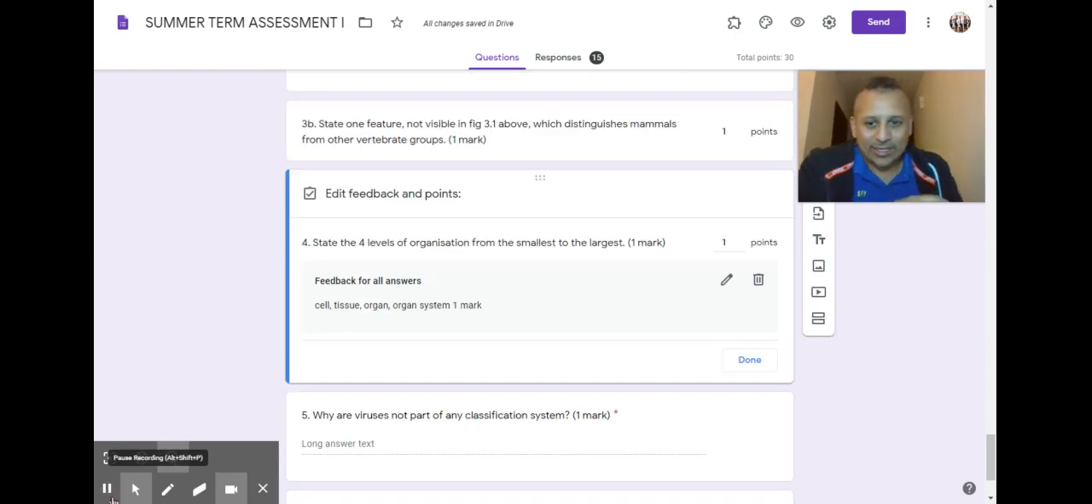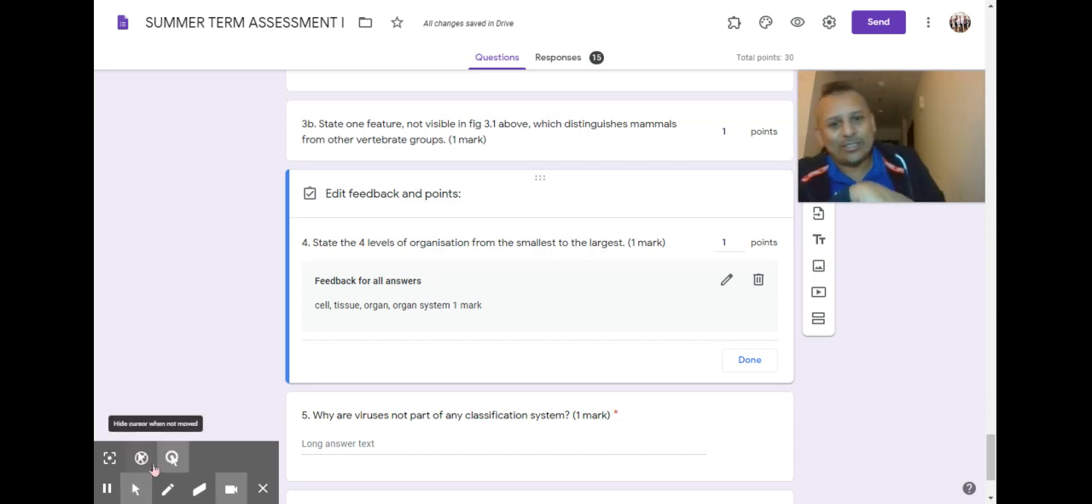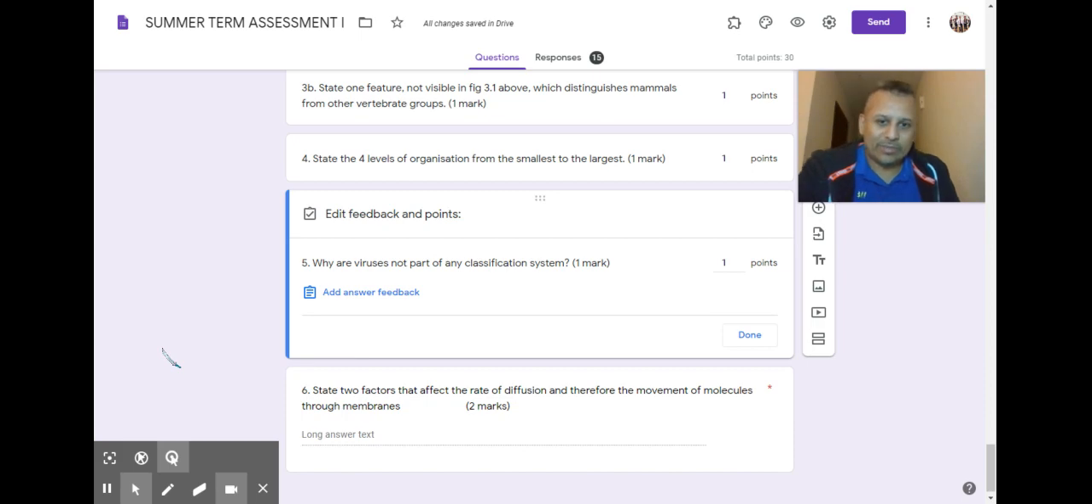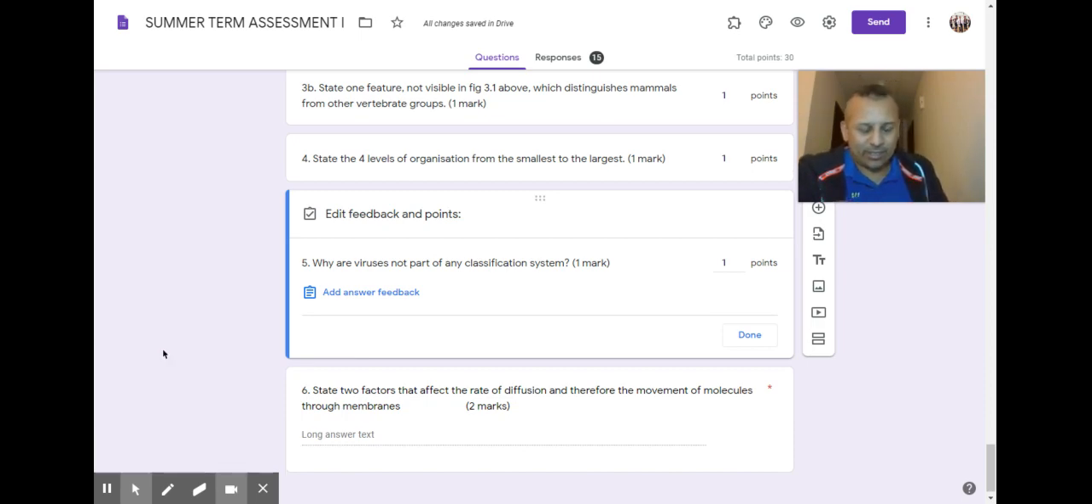It was followed by a very straightforward question: 4 levels of organization: cell to tissues to organ to system. And it must be in that order because the question asked you to give the order from the smallest to the largest. Viruses are not part of any classification system because they are missing one of the essential